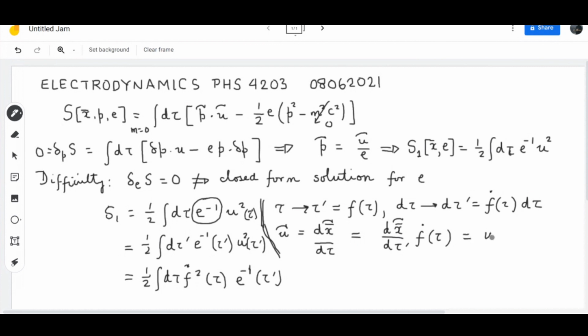So U of tau prime, f dot of tau. Okay, so yes, this is the point. So U of tau prime is equal to U of tau